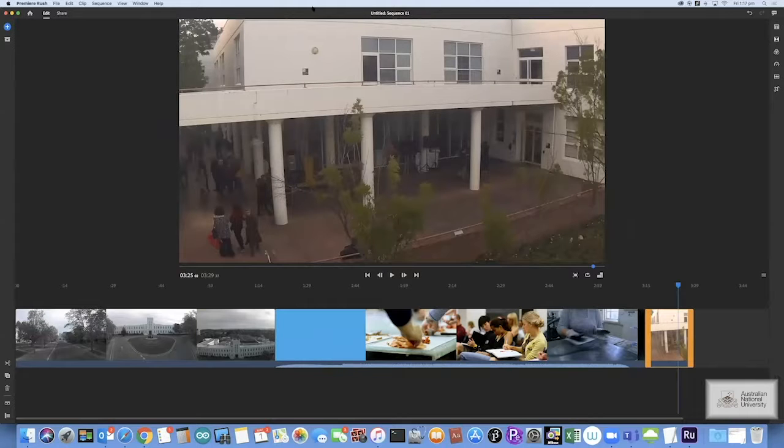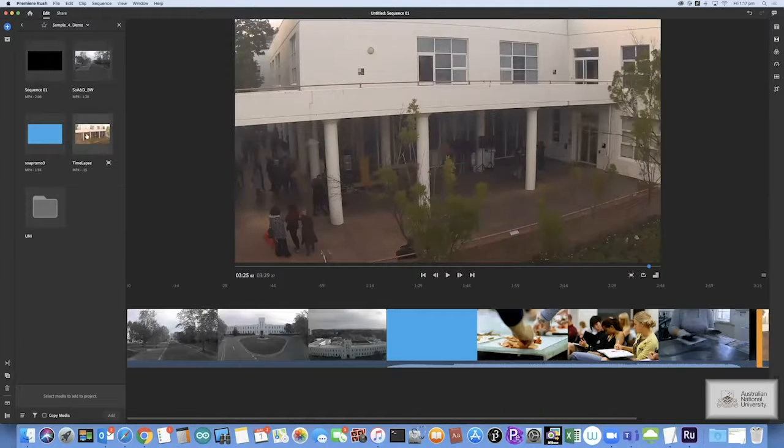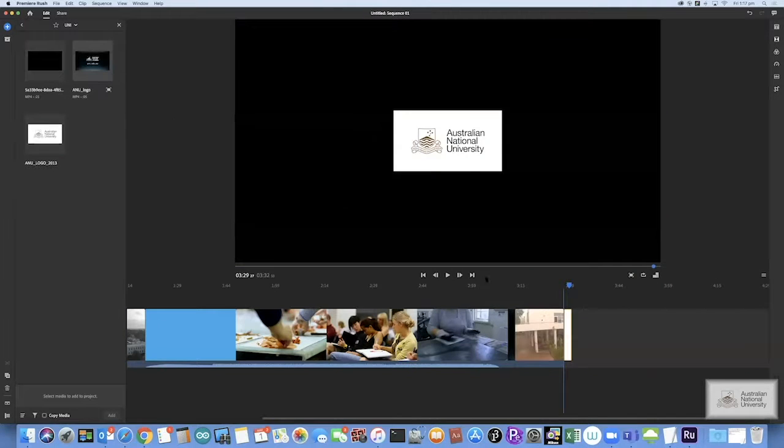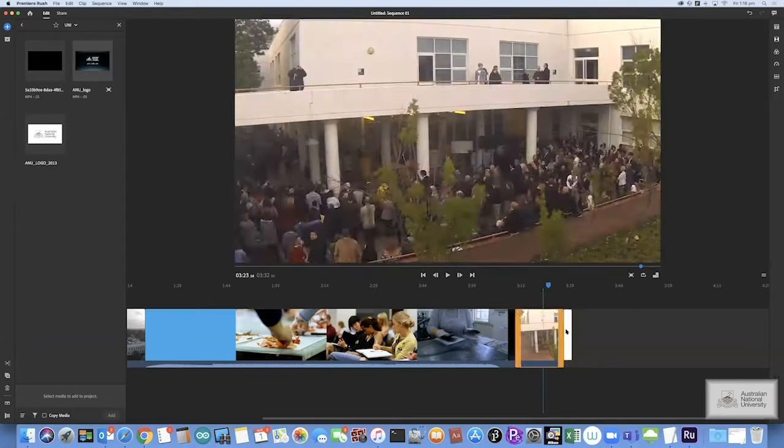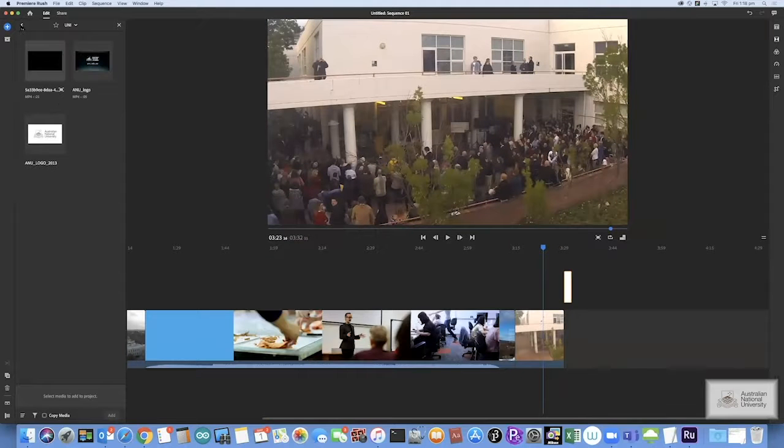I will go quickly through the interface to briefly explain where things are. You have the plus sign here. That's where you can upload your media. If you have more video files that you want to bring in, you just click on that, and for example, I want to add a logo, so I add it. It will be added straight to your timeline, depending on where your scroller is. Okay, so here you go, we have it here. Anyway, if we go back,